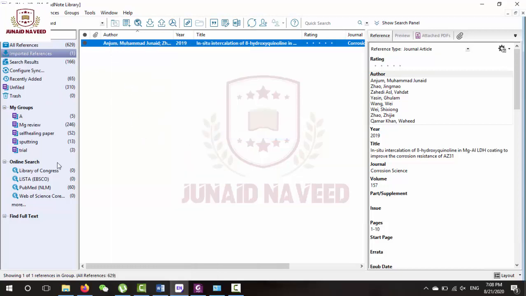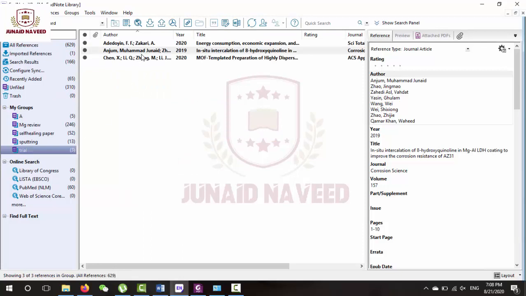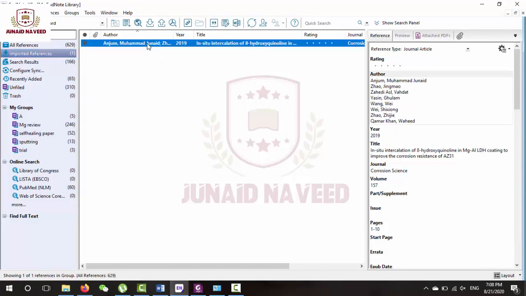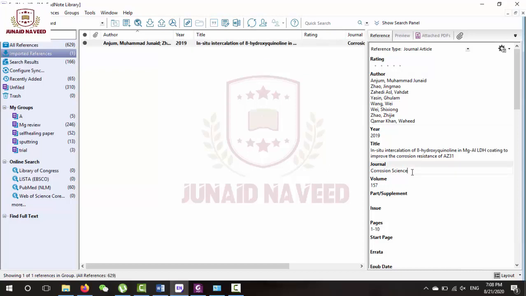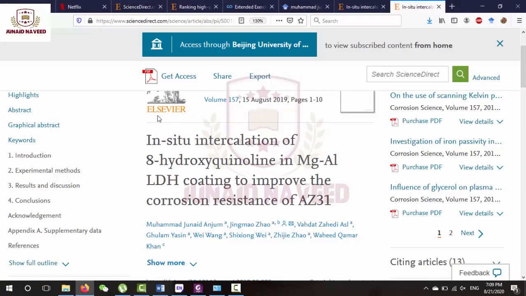It will also go into the imported references tab, and you can add this reference to the trial folder. So you can see that now your trial folder has three references. This is the recent reference I have added, the most recent article I have exported from the website. You can see that here the journal name is already at the right place. We do not need to go through an extra step of removing the journal name from the author's name section. So it is convenient to go to the original website and export the citation from there.